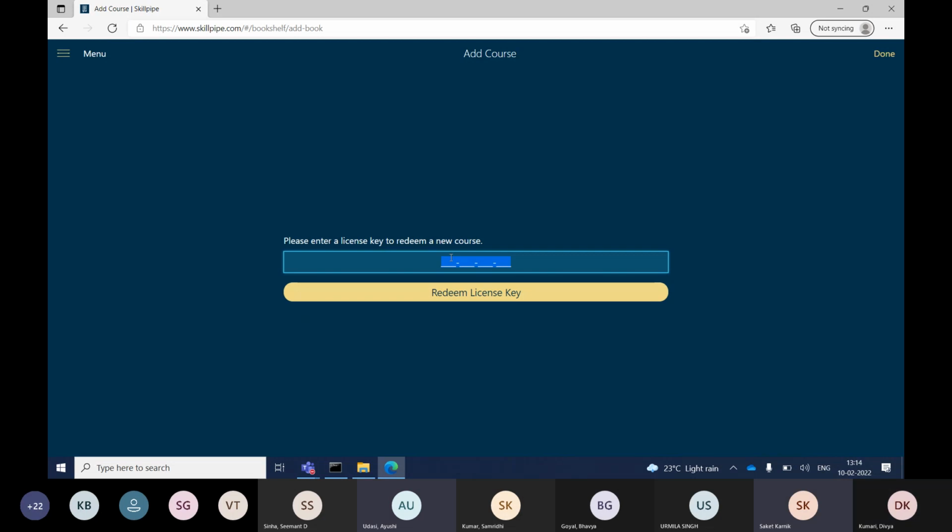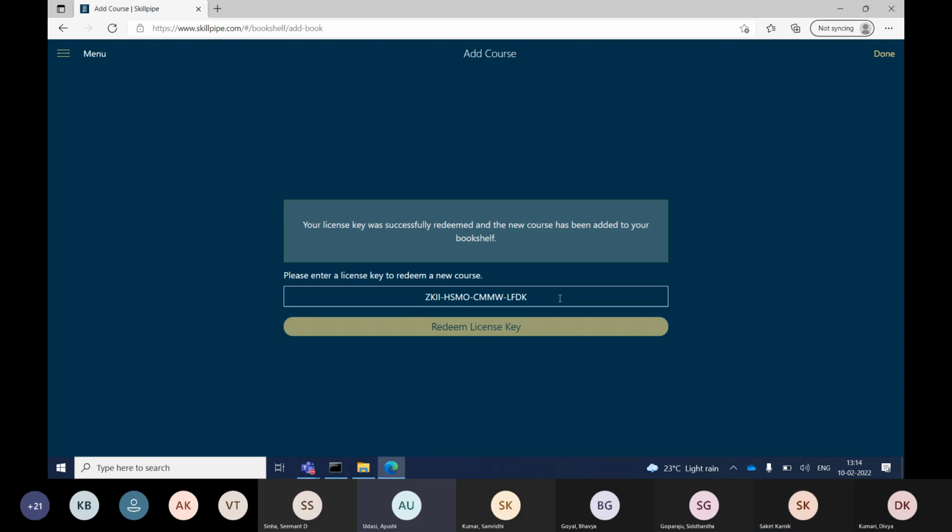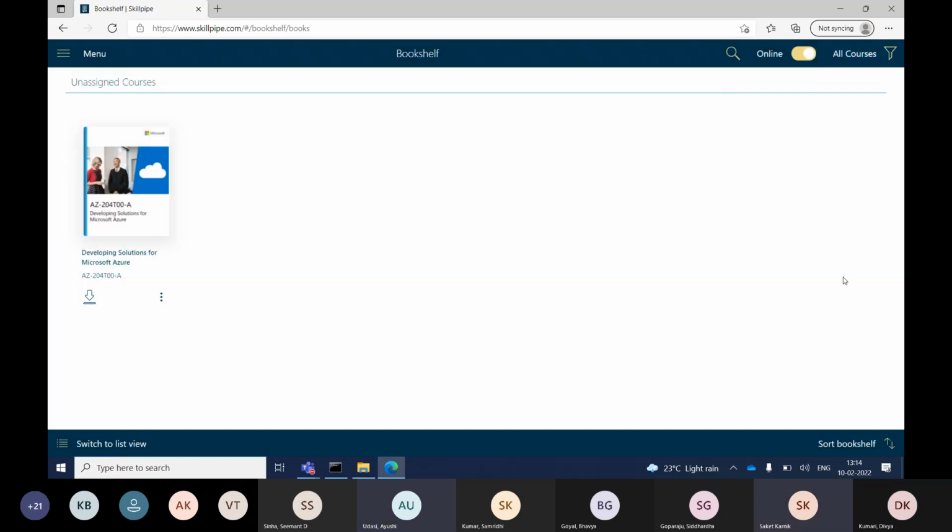Okay, so Divya, put ZKII, HSMO, CMMW, LFDK. Done. Click on done. Top right. Top right in the page. So you should be able to see the book.